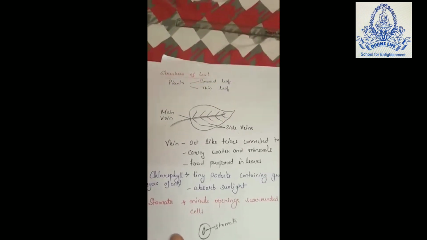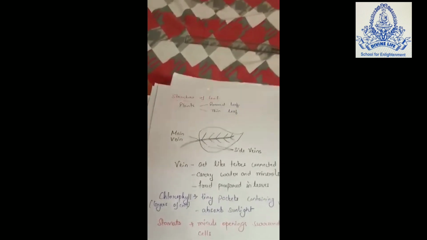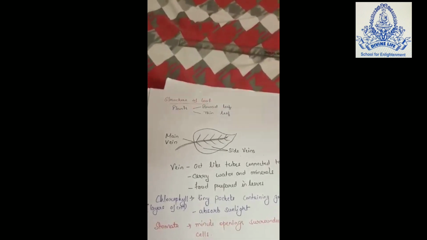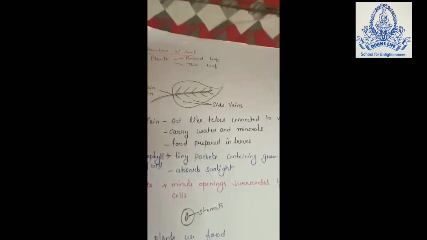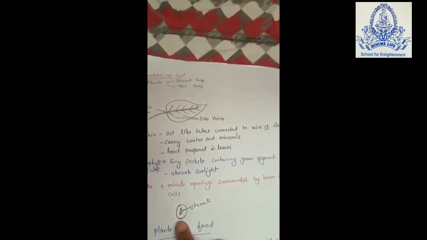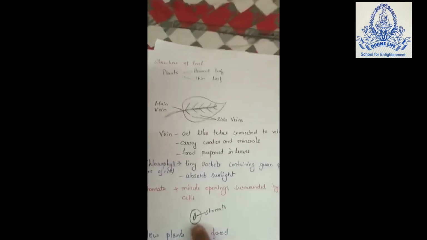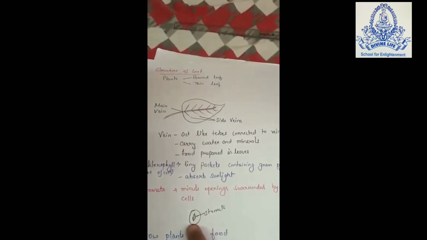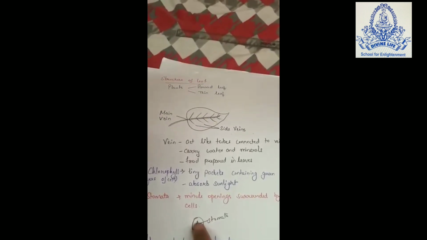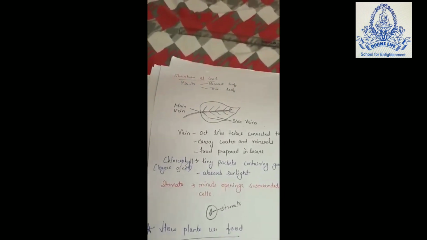Another part of the plant that can be seen with a microscope is the stomata. Stomata are very tiny in structure and can be seen with the help of a microscope. Actually, stomata are minute openings that are surrounded by bean-shaped cells. The structure of stomata looks somewhat like this. It is a bean-shaped cell, and its tiny opening in the surface of the leaves is the stomata.